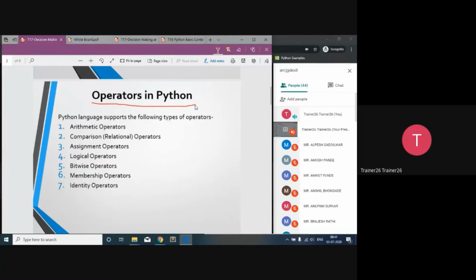Today we are going to start with the operators. Basically, in Python, there are a total of 7 types of operators available. That is the arithmetic operator, and the comparison and relational operator. You're already aware of these two types of operators. You already know the assignment operator, then the logical operator. We already studied the bitwise also, but these two operators, the membership operator and the identity operator, are two